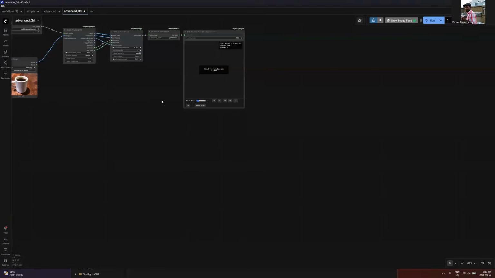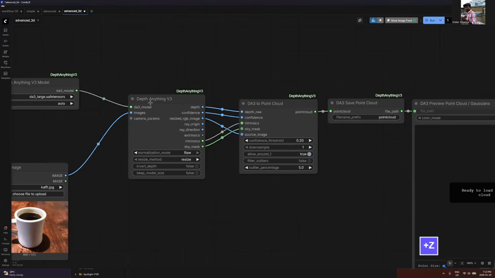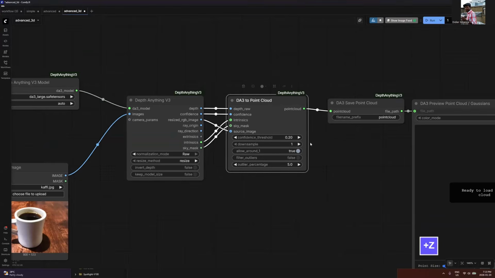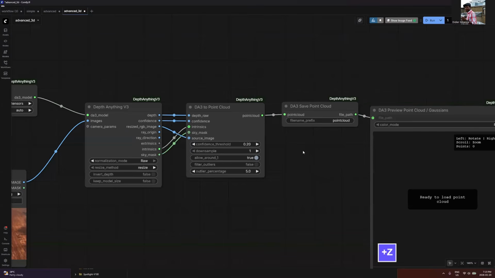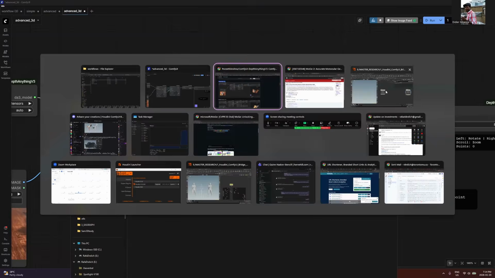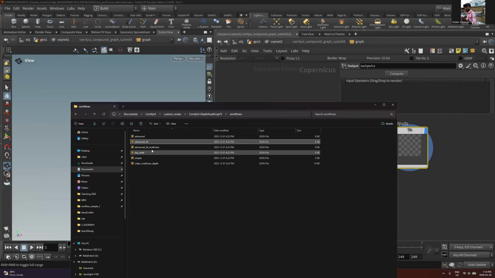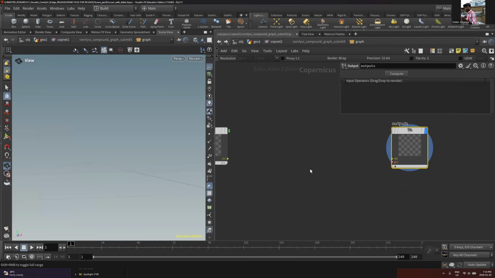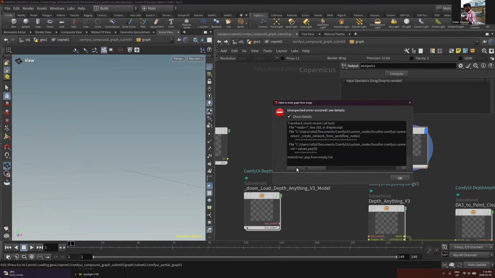Let's do advanced 3D. Okay, so this is what we're looking for. depthAnything, D3 point cloud, and then saving that point cloud. All right, let's try that. Let's try to drag and drop just to see where this goes. Oh, okay, so it failed to find